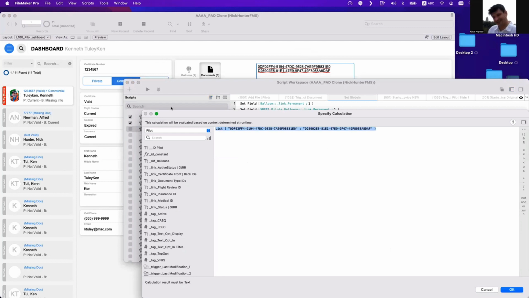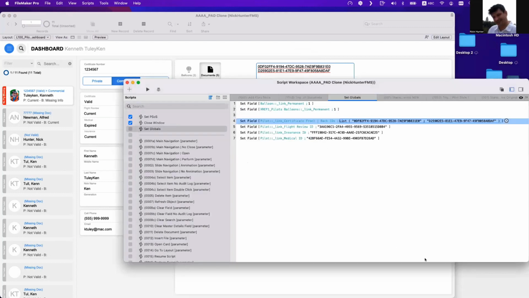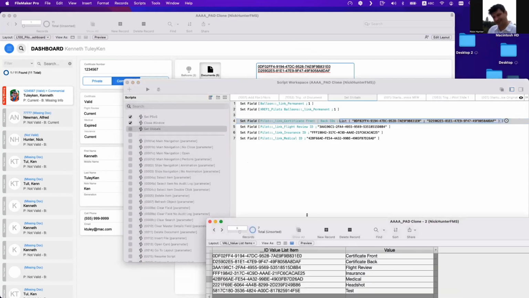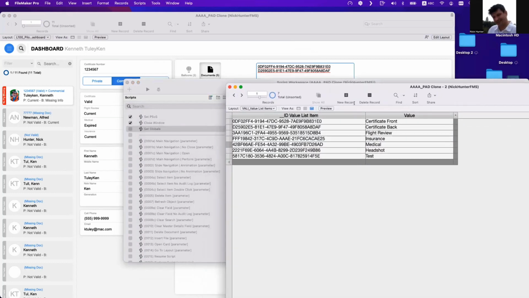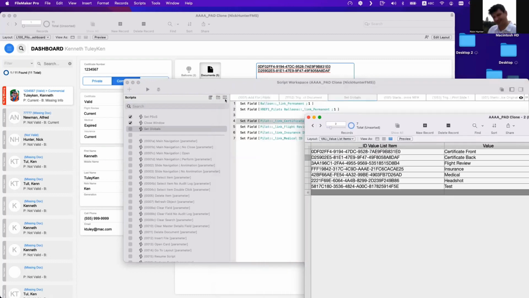Always. When you start, I'm putting those two IDs, and those two IDs are the IDs of front and back. See? 0DF0, right? And D259, right? So I'm putting those two IDs in that field,